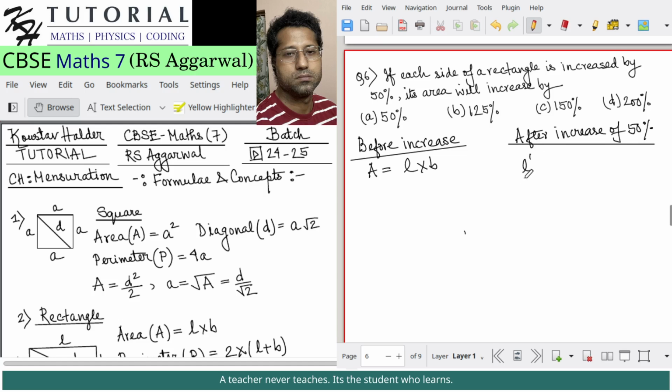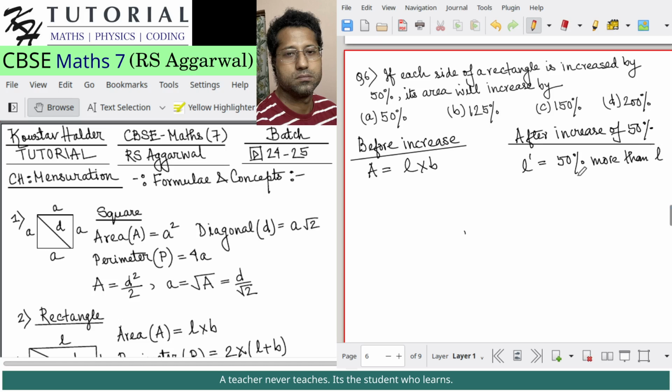Now L dash, you may not be familiar with L dash. You can consider L dash as another variable. Usually we use small letters to denote unknown variables. By L dash we mean that it is L but a different value of L, or you can say a modified value of L. So L dash is referring to the length of the rectangle after it has been increased by 50%. So what will be L dash? L dash is 50% more than